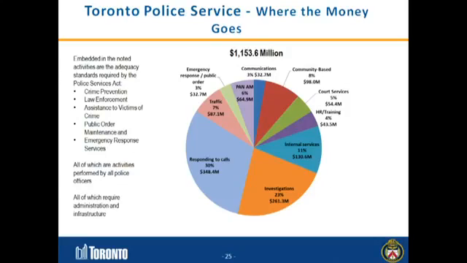So this last chart shows our 2015 budget in terms of where the money is budgeted for. This is on a gross basis. It does include about $65 million for the Pan Am Games, which is fully recoverable. But it does show where we budget our money. As I indicated before, though, if you look at the actuals then compared to that, and this is the part of the challenge in terms of measuring that information, depending on